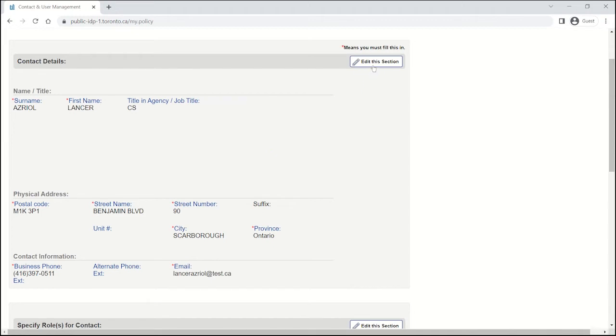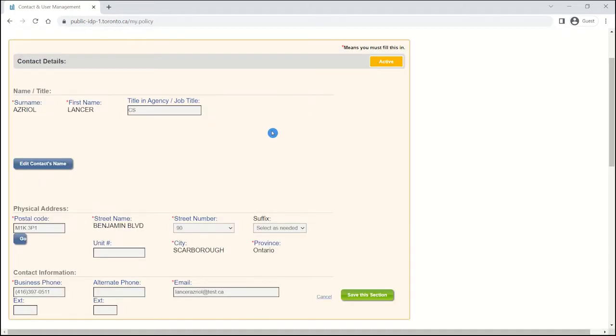To edit the contact details, click Edit this section. This will then allow you to make changes to the contact's name, address, or contact info. If there is a spelling error or the contact has had a name change, you may edit the name of